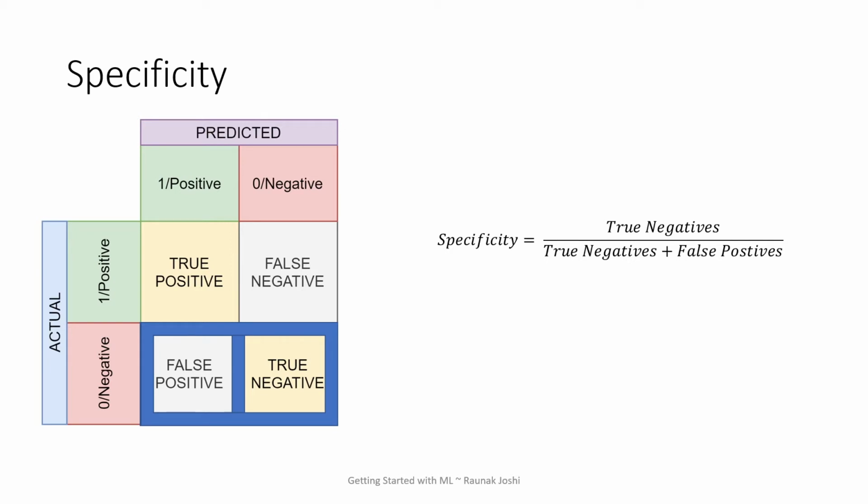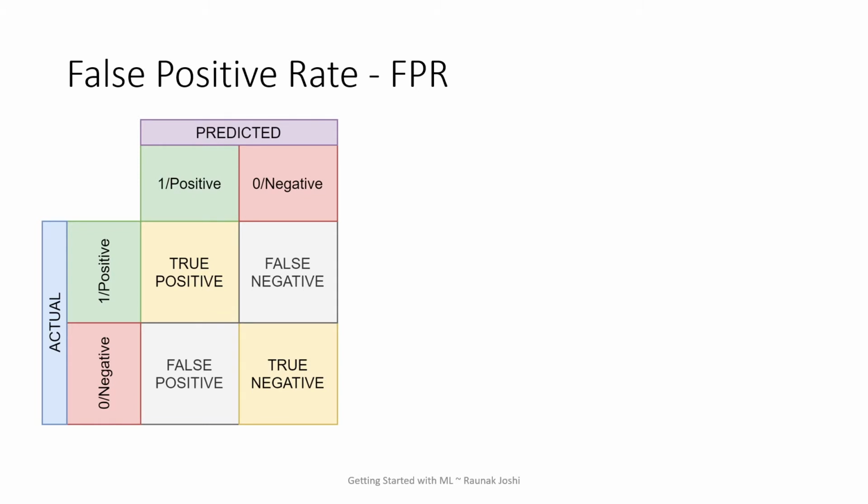Now this is actually going to be used, I'll tell you how. And then there is something known as the false positive rate, FPR. Now this is going to be a prerequisite video for our next video, that is the receiver operating characteristics curve along with the area under curve. Okay, so ROC curve and AUC, you might have heard of this. Those are also very important machine learning concepts that we are going to look at, and this video is a prerequisite for those. So this is FPR, false positive rate. This is going to give me the false positive ratio with the actual negative values. Okay, with respect to the negative values, I'm going to get the false positive ratio.